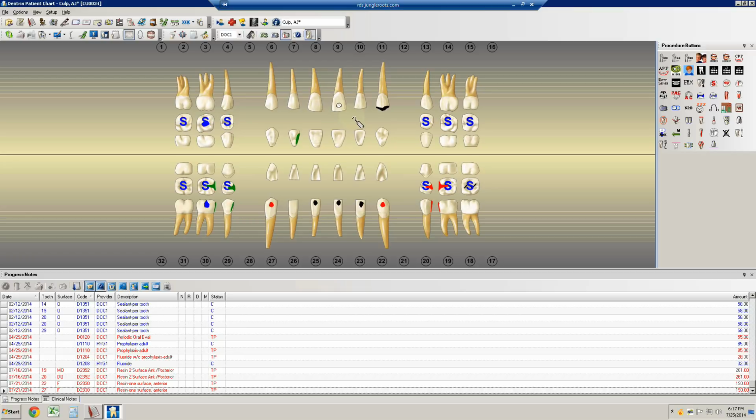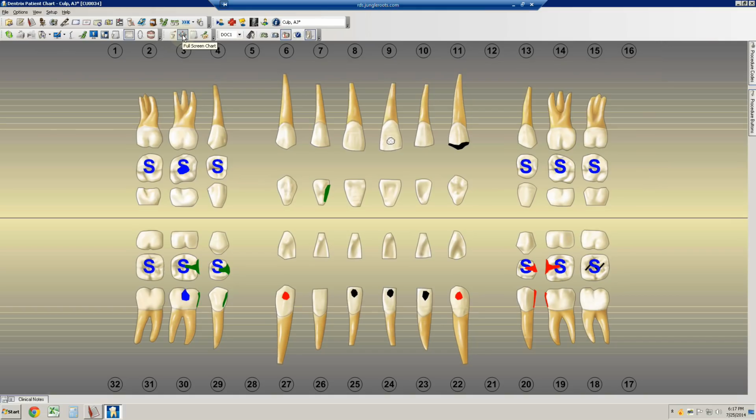Specifically, you're looking at the working chart. There are four chart views: the treatment planner layout, progress note layout, full screen layout, and work chart layout. We're looking at the work chart currently, as we said. The full screen layout is clicked, and you have a very nice view of the person's teeth only in the